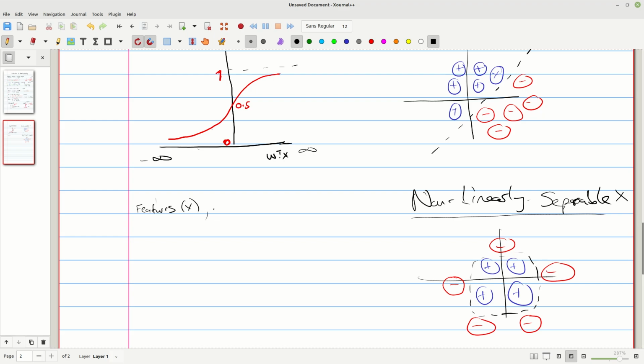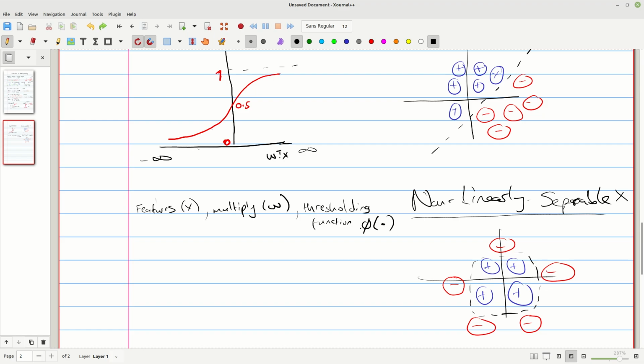And then we multiply them by W, some weights, right? Then we feed them through some thresholding function called, let's say, phi of z or whatever. And after doing that, we get our prediction, right?